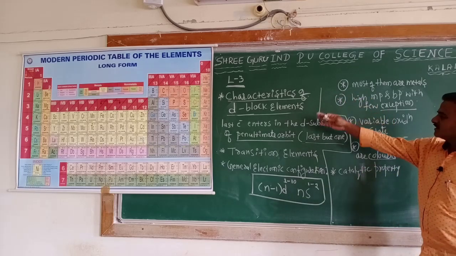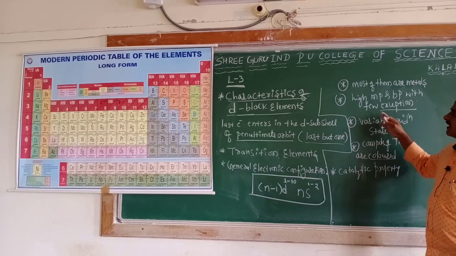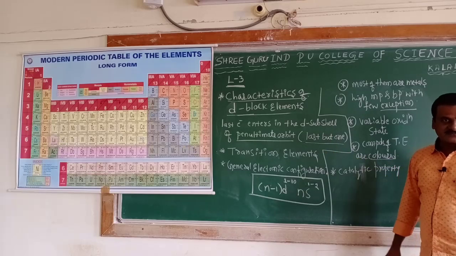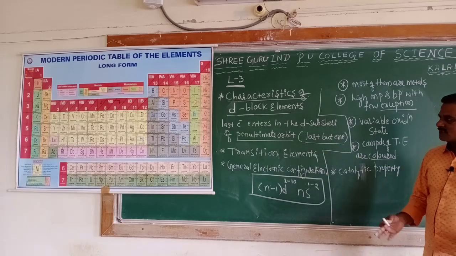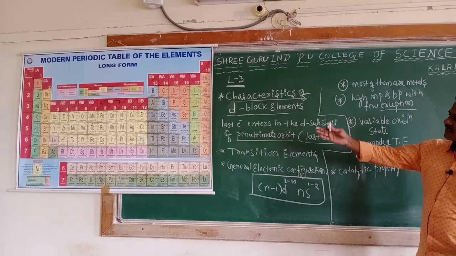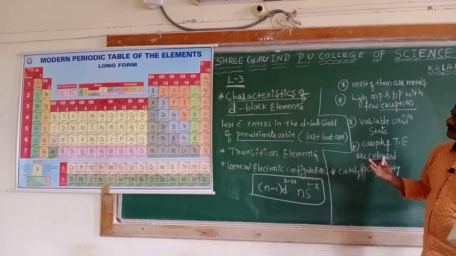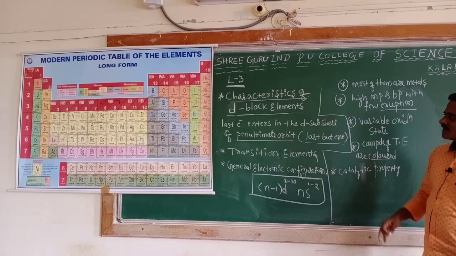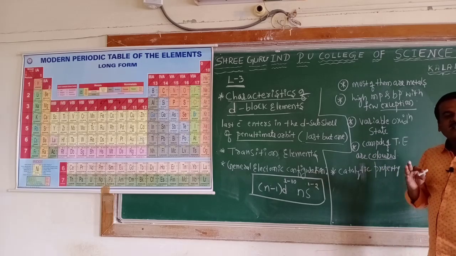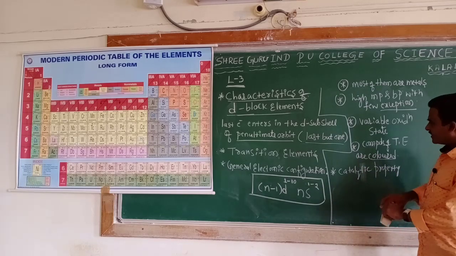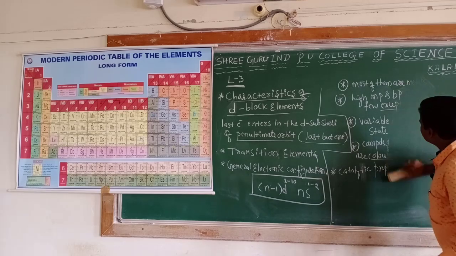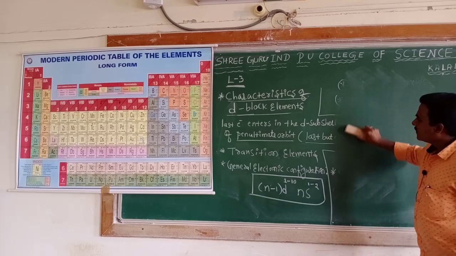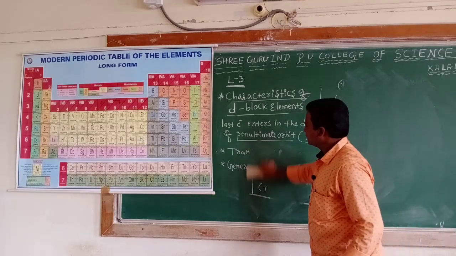So these are all the important characteristics of d block elements. Let's collect the classification or characteristics of the fourth block, or the last block, of the periodic table under the heading f block elements. Let's collect the properties of f block elements.